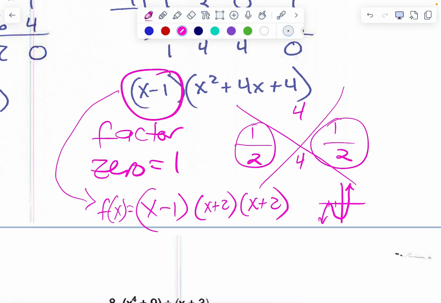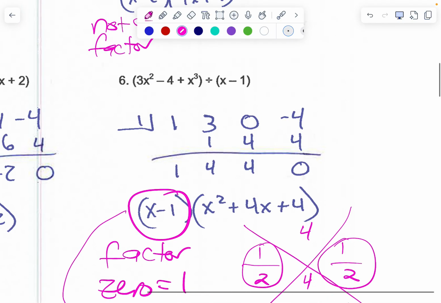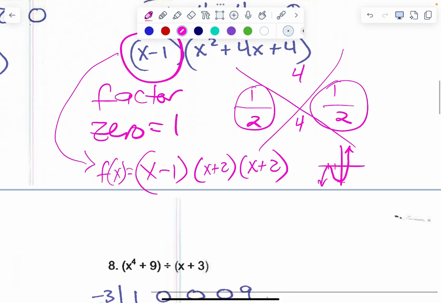And of course we can find the y-intercept. If we go up here to the original, what's the y-intercept in here? -4, right? And so our graph is pretty darn good. If we took this to Desmos, it would look pretty much just like that. Okay, how do you feel about the 2 theorems, especially factor theorem? Are you okay with it? Okay, basically you're looking for a 0 remainder. As long as you have one, the thing you divided by is a factor, and you're happy because you have broken down your function. So tonight's practice